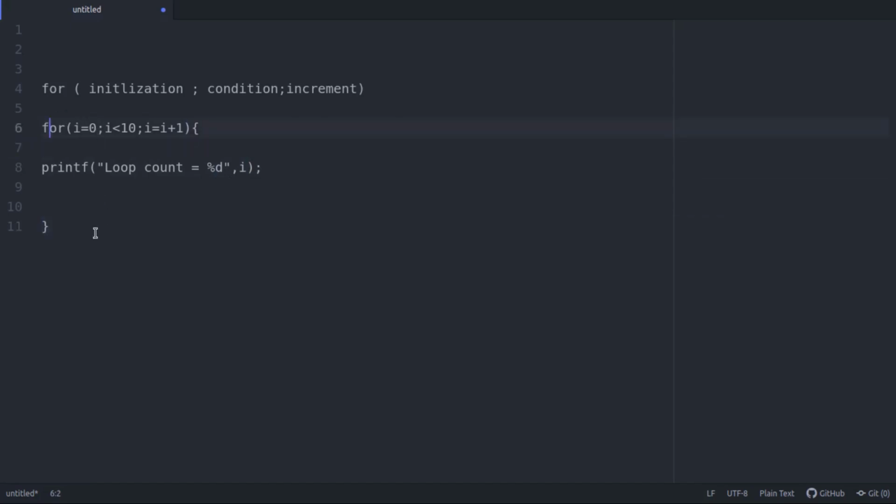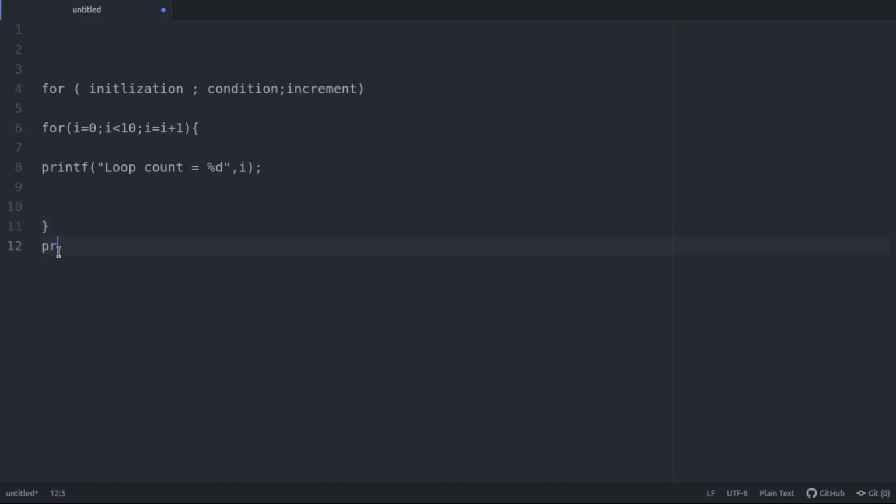So this process will keep on repeating till i reaches a value of 9. After it prints 9 as the value of i, it goes to the for loop. The value of i gets incremented. i becomes equal to 10. Now after i becomes equal to 10, this condition becomes false because 10 is not less than 10. So it exits the for loop and comes to the next line.